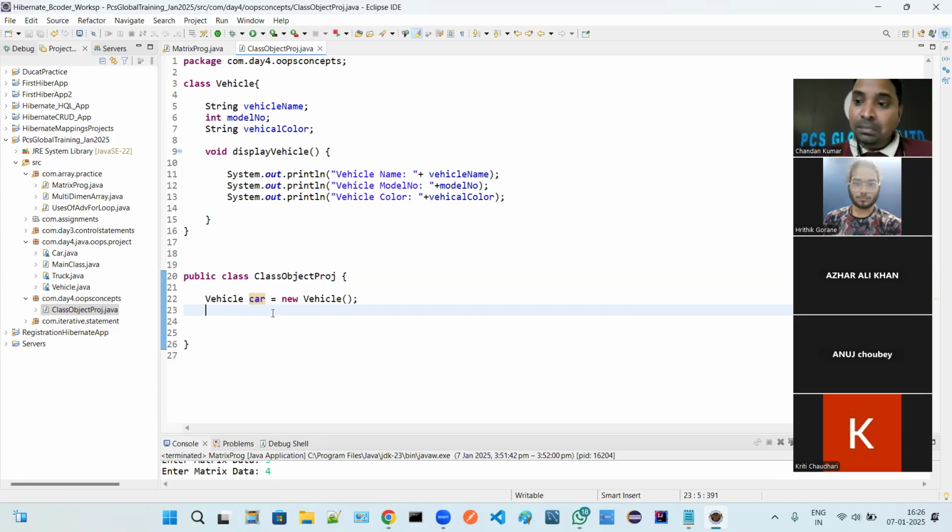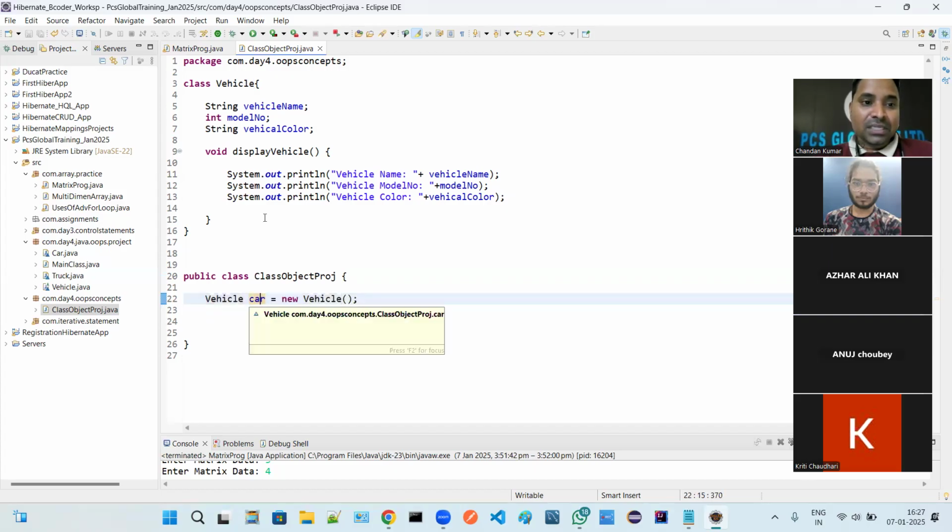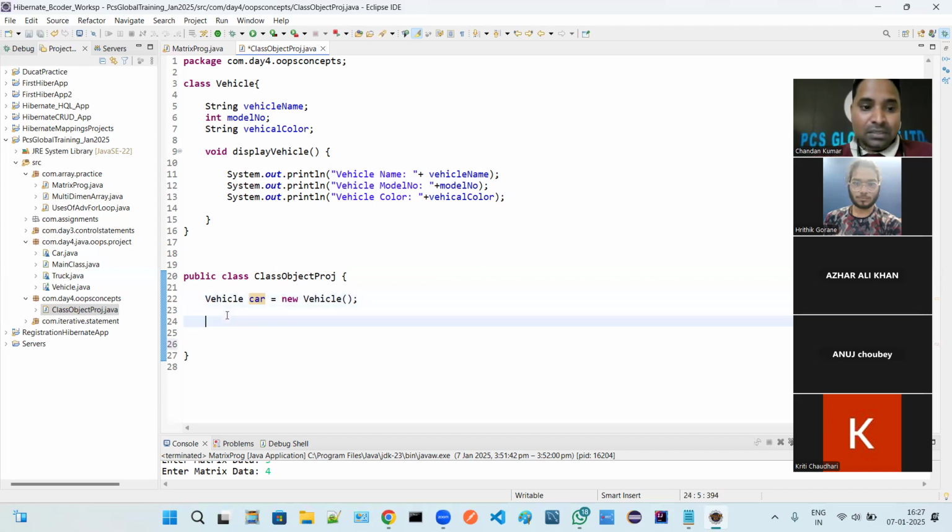We can take the name parrot, right? A sparrow is there. So we can say that parrot is a bird. Why? Because parrot has all the properties of the bird class. Parrot has a name. Parrot has wings. Parrot can fly or not? Yes. So proudly we can say that parrot is a bird. So parrot is an object of the bird class, correct or not? In a similar way, car is an object of the vehicle class. Why? Because car has the properties. And now see how we are going to access these properties.